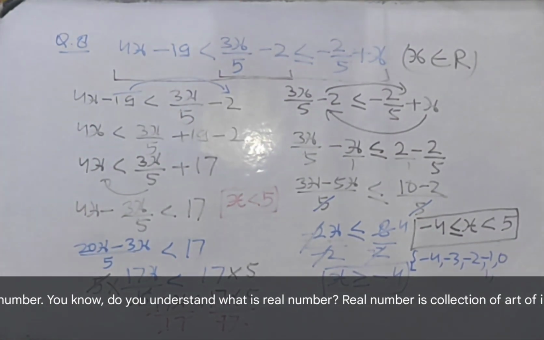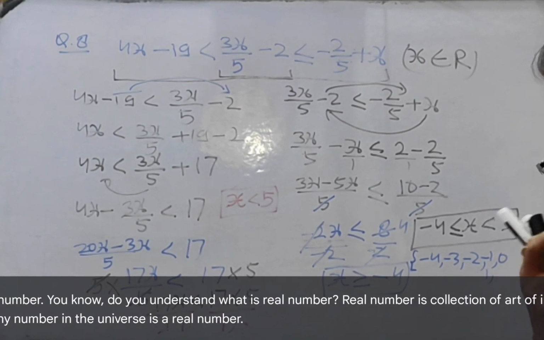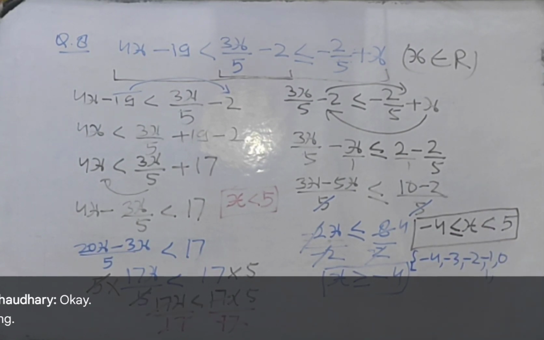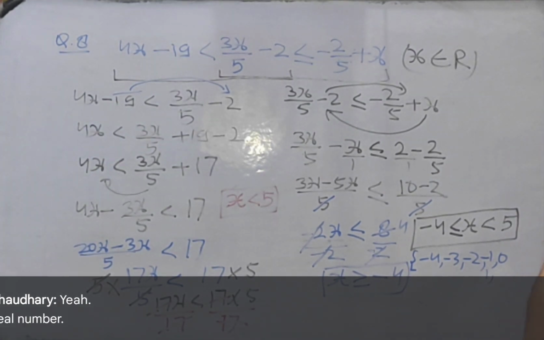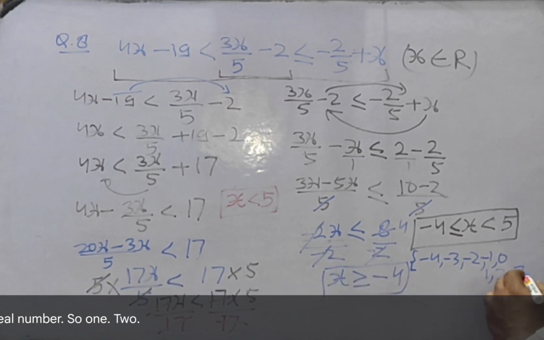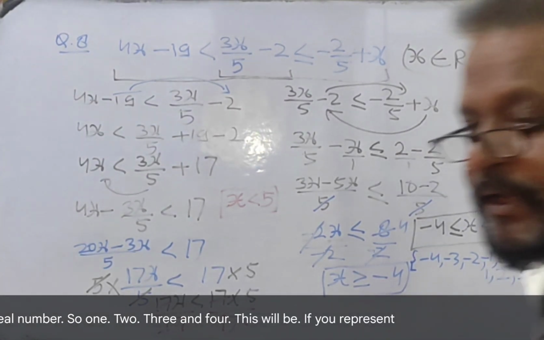Any number in the universe is a real number. Getting? So 1, 2, 3 and 4. If you represent this on the number line,